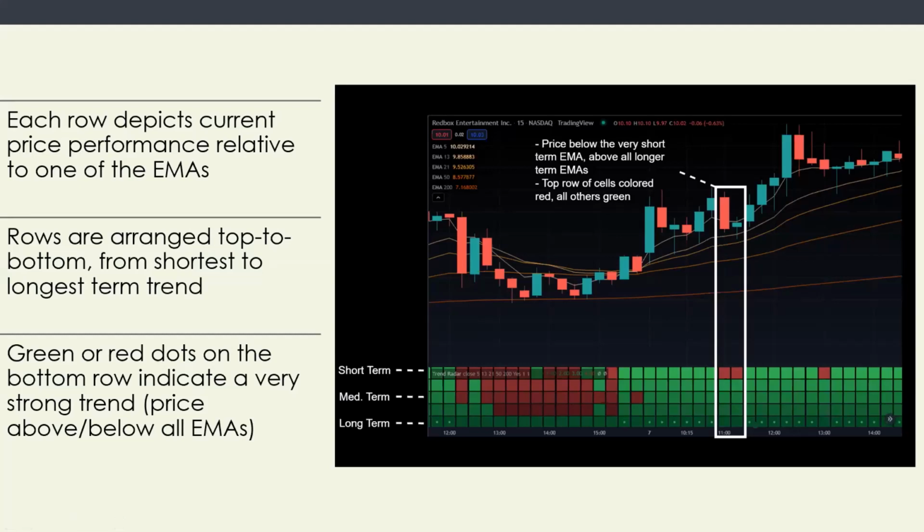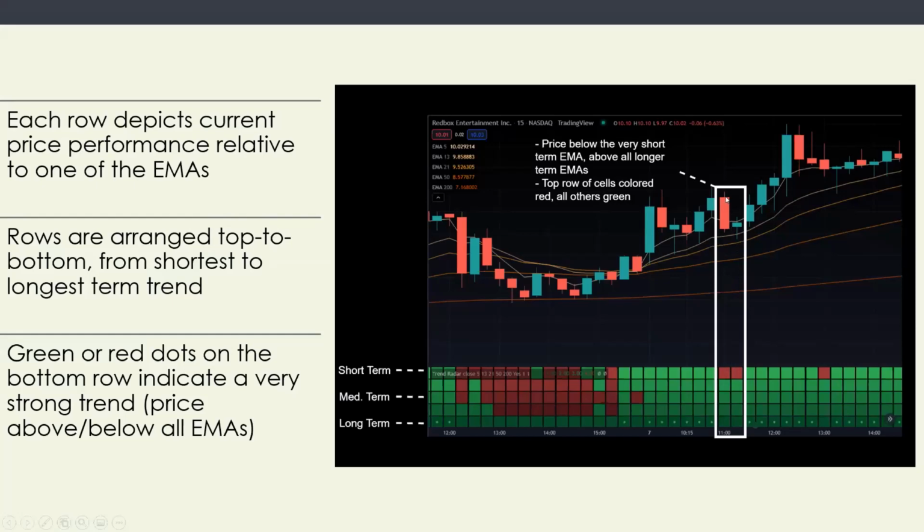And on the chart, in order from longest to shortest, we actually see the 5 EMAs that Trend Radar is calculating behind the scenes. So by default, down here, we have the 200 EMA, then the 50 EMA, the 21, 13, and 5 EMA, which are represented by these rows in the heat map: 5, 13, 21, 50, 200. So what the heat map's telling us here, in a way that's visually easy to catch on to, and a lot easier than looking at some cluttered lines on the chart, is that the current price has dipped below the 5 EMA.